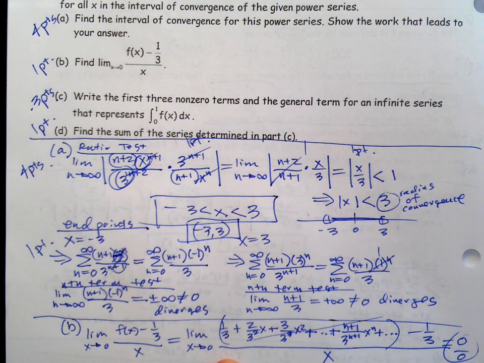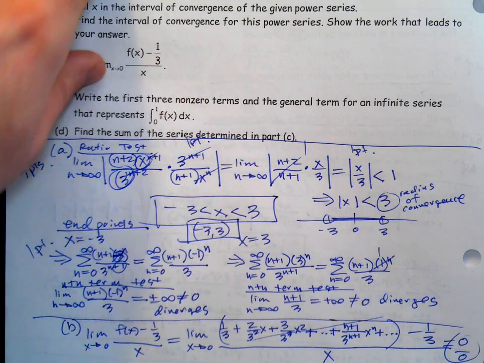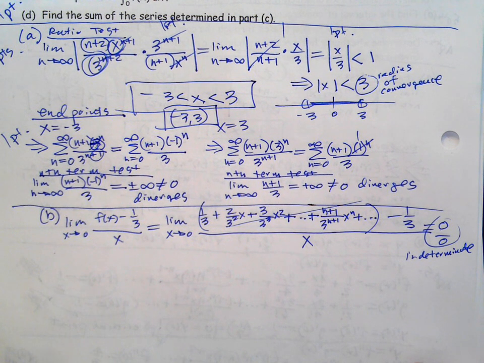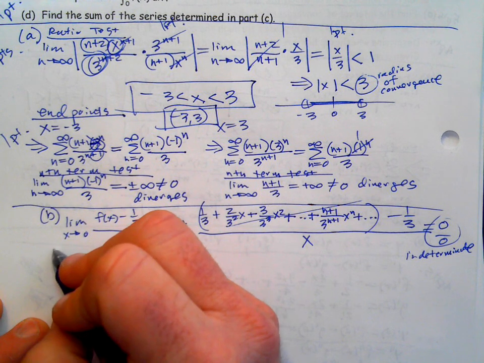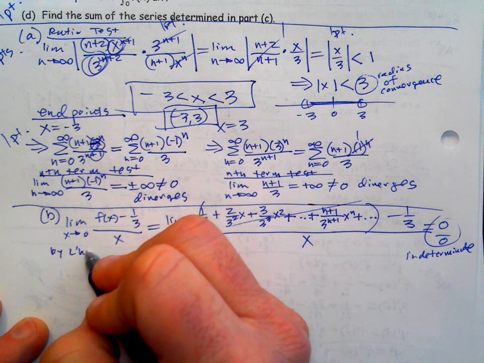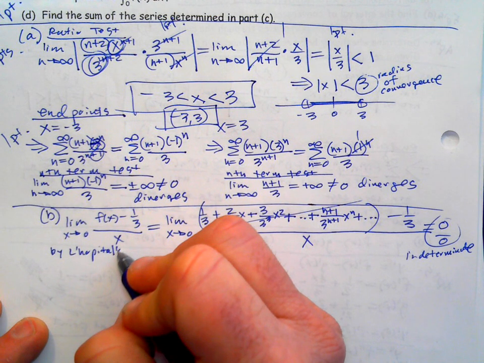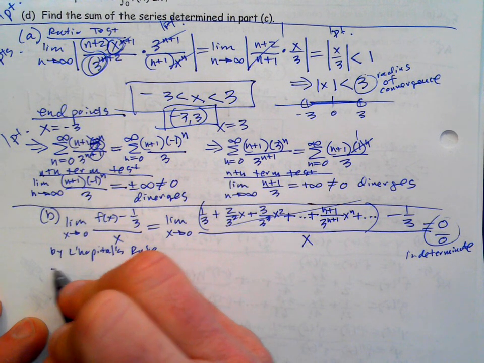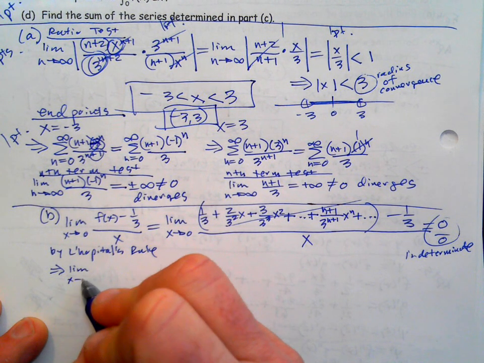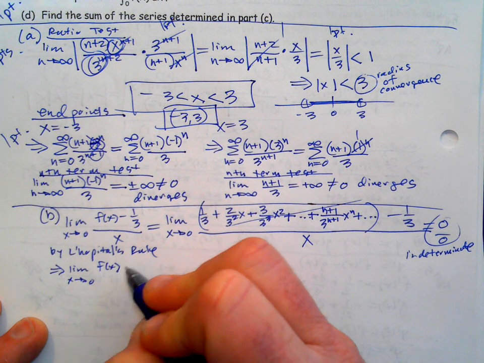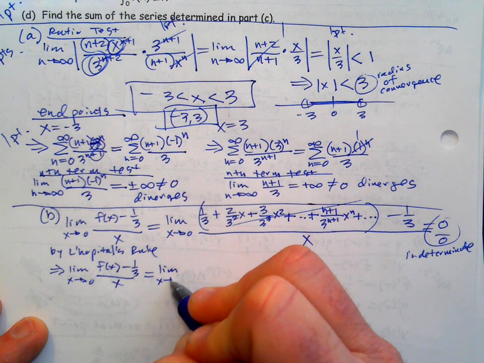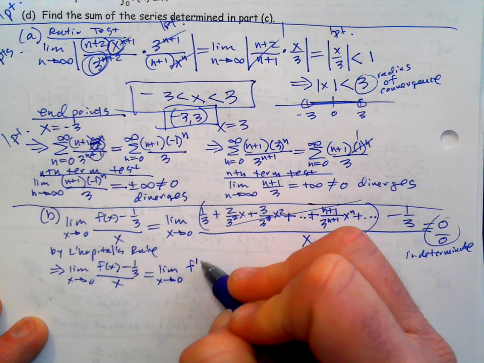And since this is free response, I think the burden on us is to show the work well. So we're going to say by L'Hopital's rule, and we don't want to say this equals the limit of the derivatives. We want to say the limit as x goes to 0 of the original expression equals the limit as x goes to 0 of the derivative of the top and the derivative of the bottom,